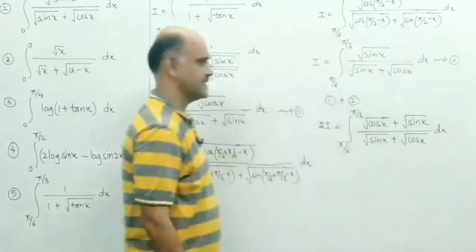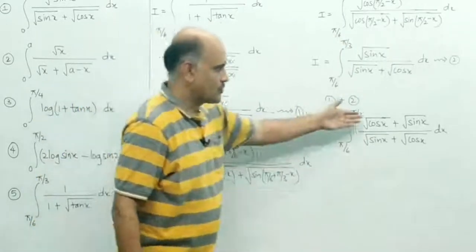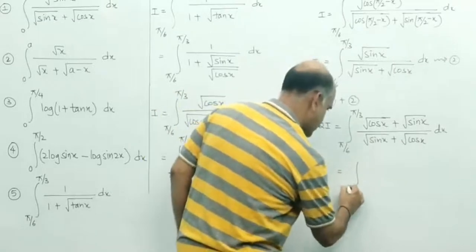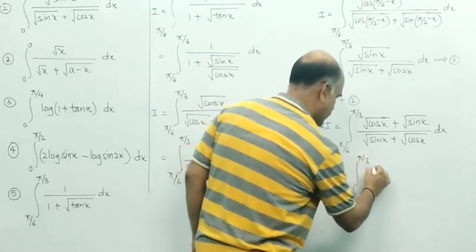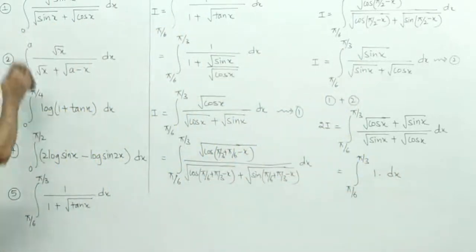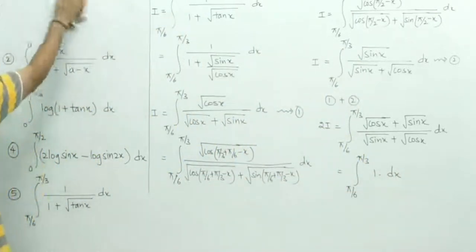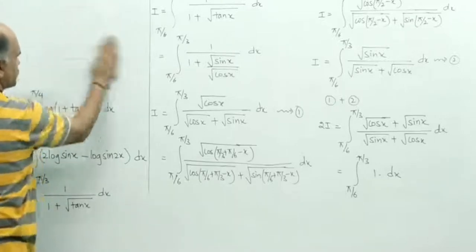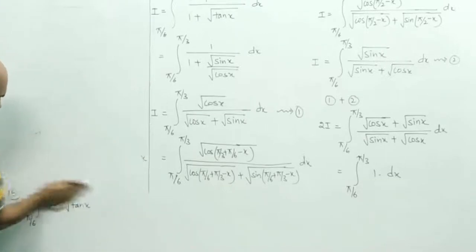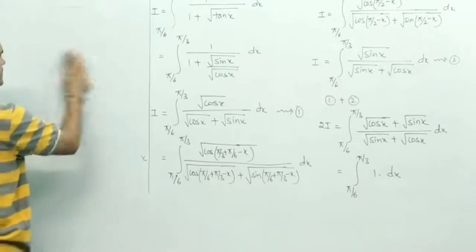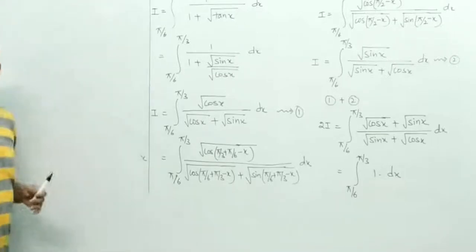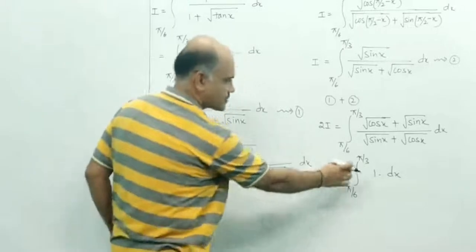Now both terms are the same, so it gets cancelled. You will have 1. So the integral from pi by 6 to pi by 3 of 1 into dx. Now again integrate. Integration of 1 is x. Then substitute upper limit minus lower limit, and you will have the answer. So finally another 3 steps, and if you solve, you will have the answer. So here you are having 2I. So 2I is equal